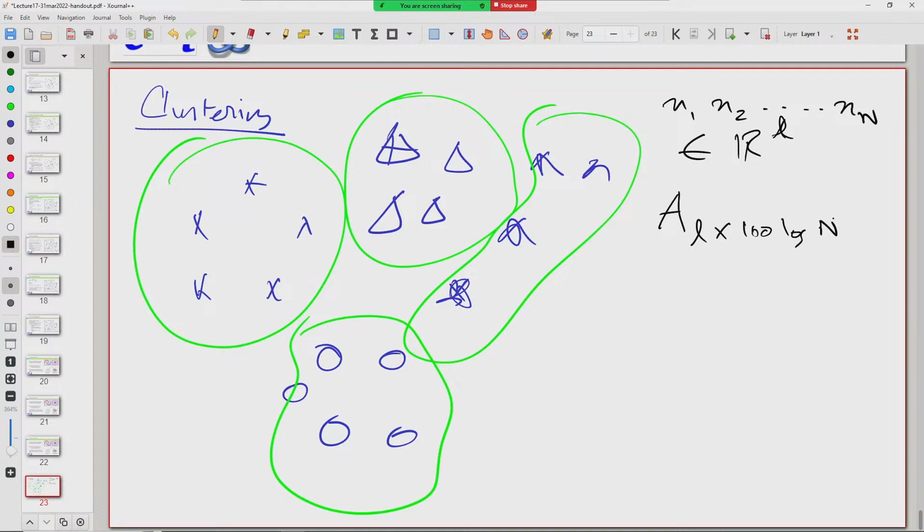Here n is the number of data points you have, and then you look at the following collection of data points: x1 prime, x2 prime, up to xn prime,